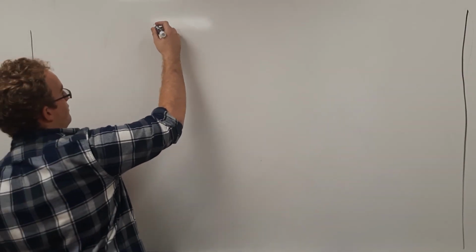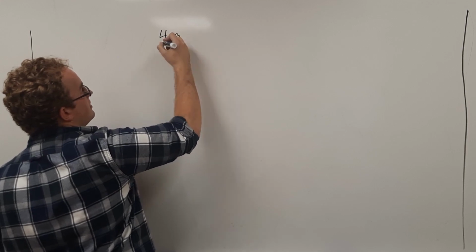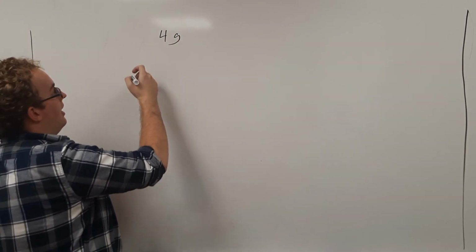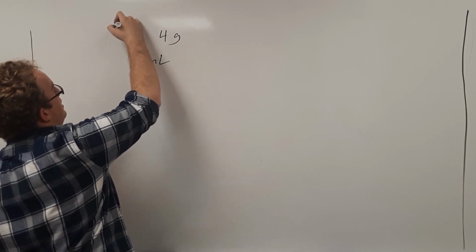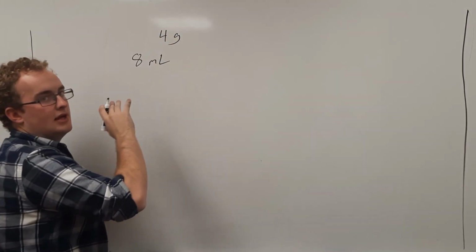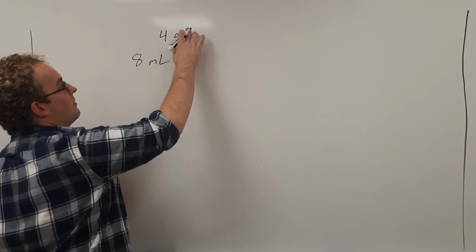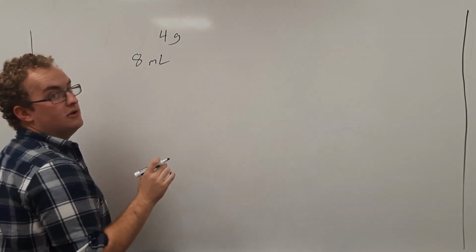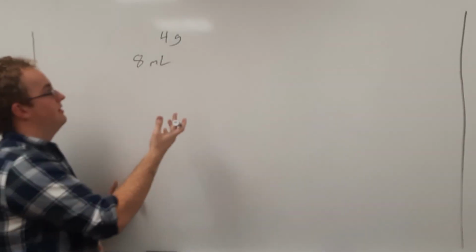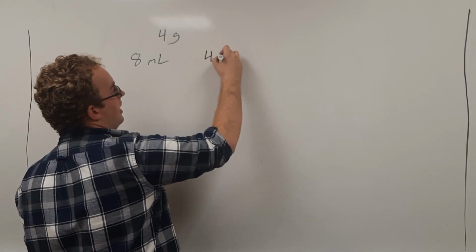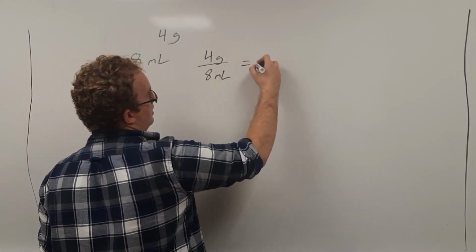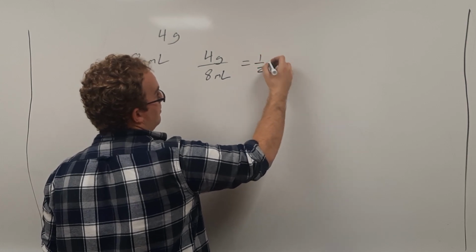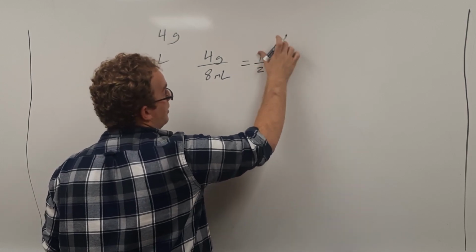let's say you have 4 grams of a substance and you have 8 milliliters. This is just a substance, I don't want to name it. We have 4 grams of a substance and we have 8 milliliters of it. What's the density of this object? And you just do 4 grams divided by 8 milliliters equals 0.5